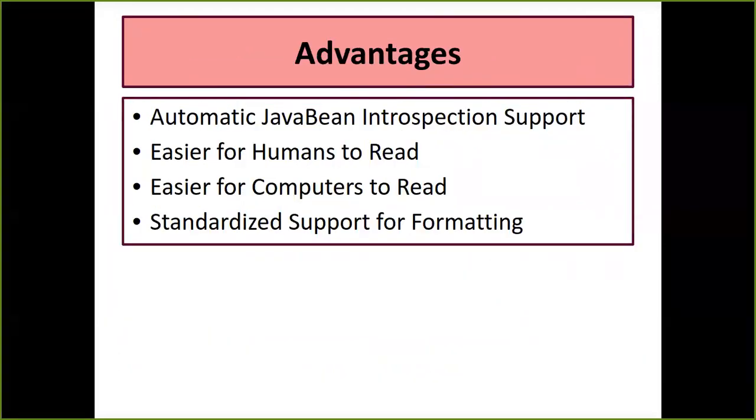What advantage do you get when you make use of JSTL? You get automatic Java Bean introspection support. That means you may be able to understand where the errors are coming from and where the exceptions have been occurring, because ultimately JSTL, which you will learn in the further slides, has ready-made tags that help us understand the exceptions and errors that happen. It also has automatic introspection in your Java Bean.